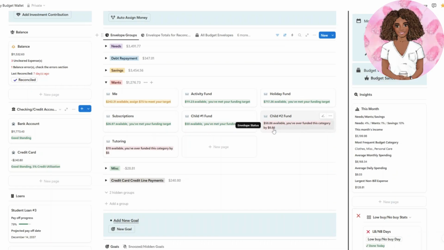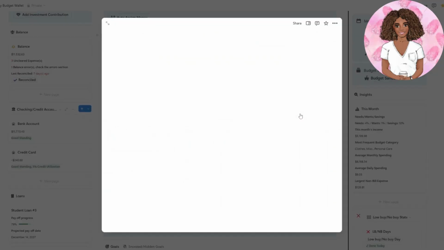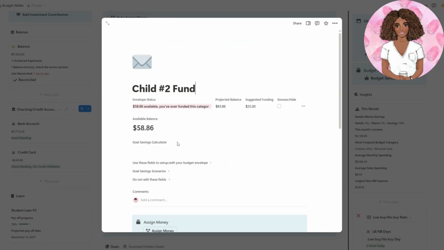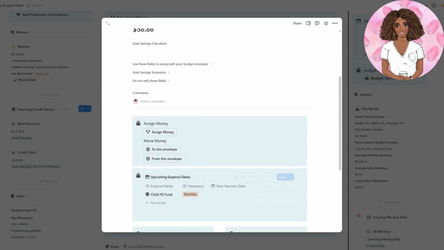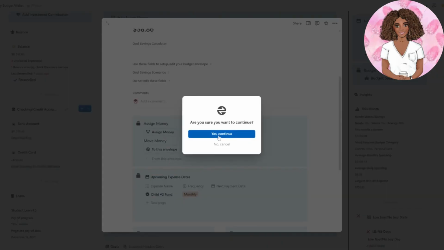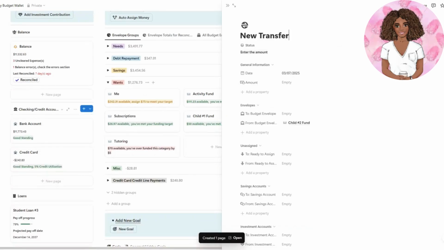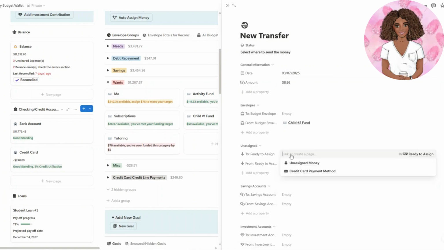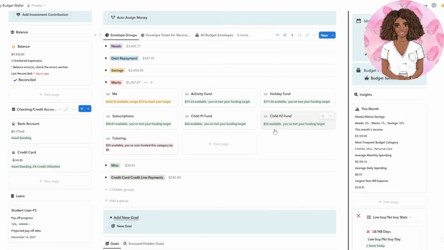And child number 2 was overfunded by $8.86. So we'll move from this envelope, $8.86, and unassigned. There we go. Save and close. Now child number 2 has $50 available in that envelope,